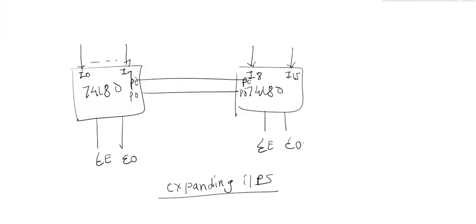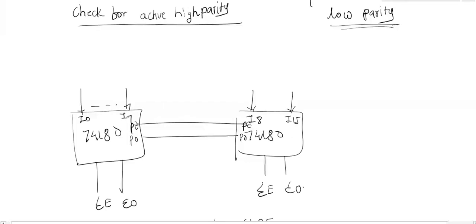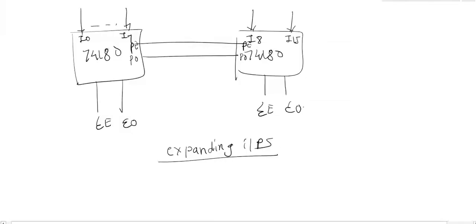So again here, like the 9th data input, it is cascaded. Now here the 16th data bit is either active low or active high parity enabled. And then the 16 data inputs, along with the parity bit, are sent to the receiver side. And output generation is a summation of E and summation of O. Clear? So this is expanding the 74180.